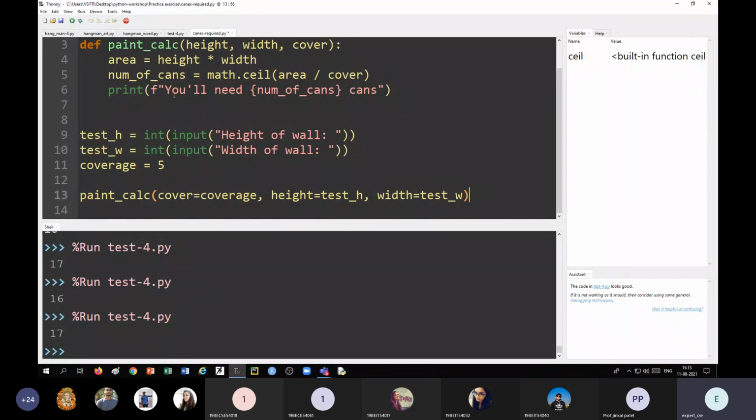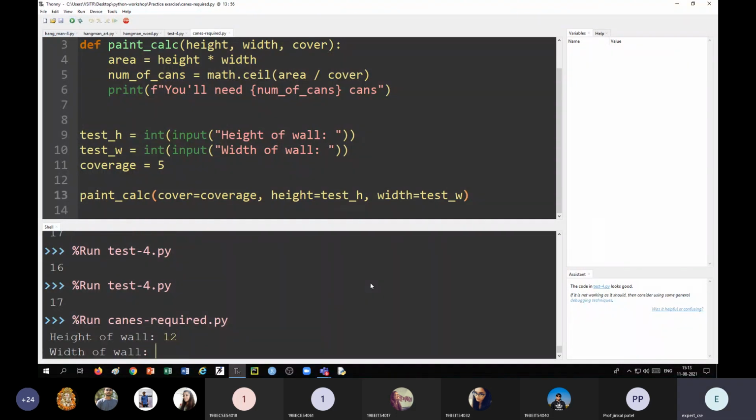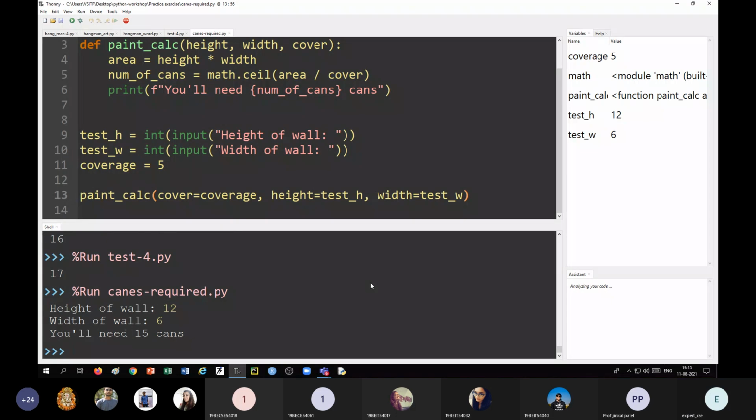Okay, now if we run this, say 12 meter, and 6 meter, you need 15 cans. Now you can see 12 into 6 is 72. So 14 cans can cover only 70 square meter. We have 72 square meter. So it should give you 15 cans, right?